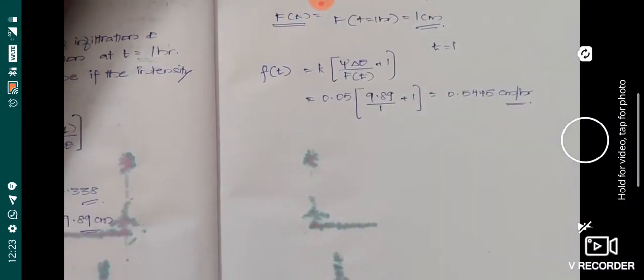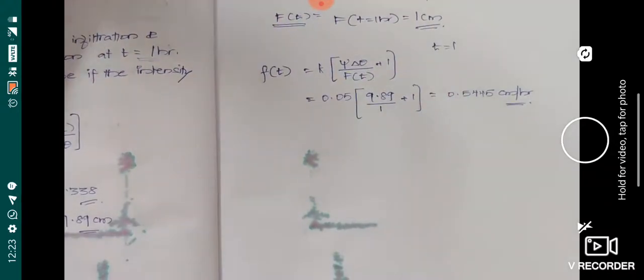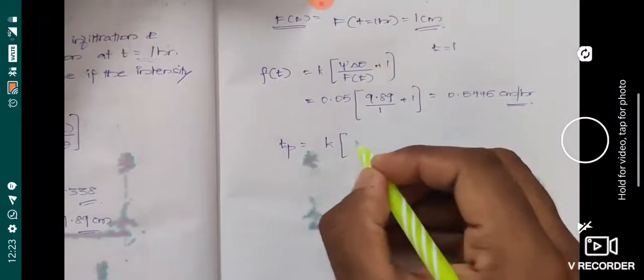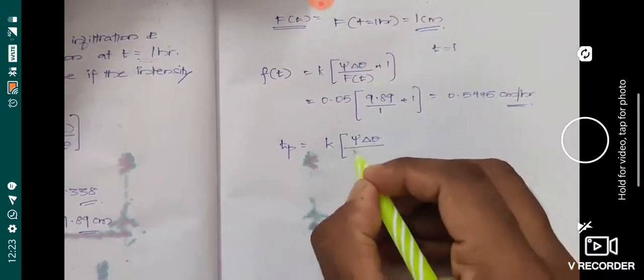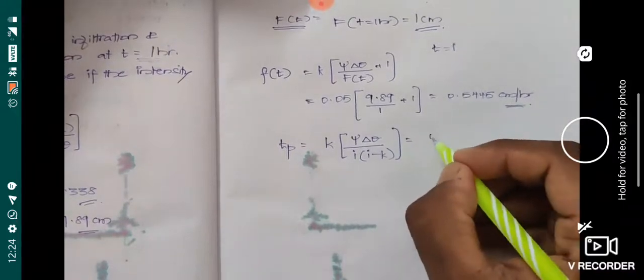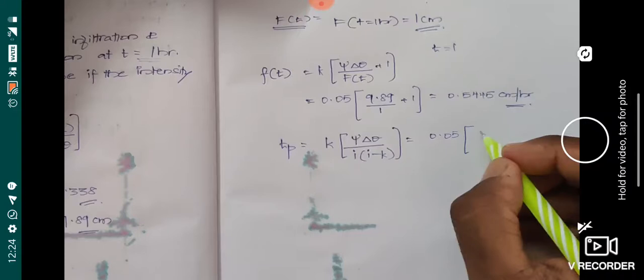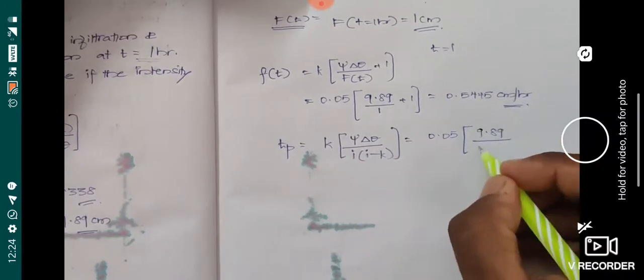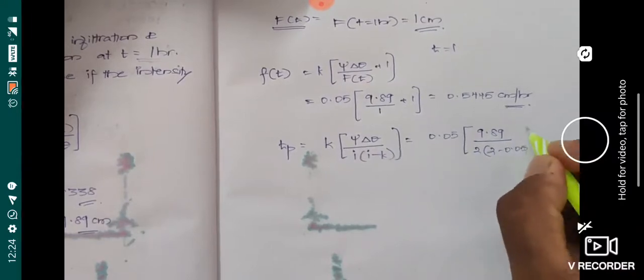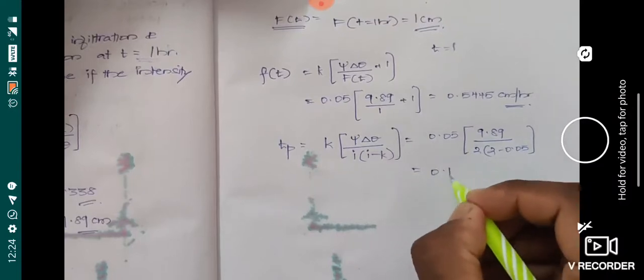The last question is, you have to find the ponding time. When does the ponding start? If the rainfall starts at a particular time, after how much duration does the ponding start, the inundation of water starts. That's quite important. That equation also we have derived. Tp is equal to k into psi delta theta divided by I into I minus k. So this is the equation where I is the intensity of rainfall, k value is 0.05, and psi delta theta is equal to 9.89, divided by, and the rainfall intensity is given in the question as 2, into 2 minus 0.05. So if you solve it, you will be getting it as 0.12.